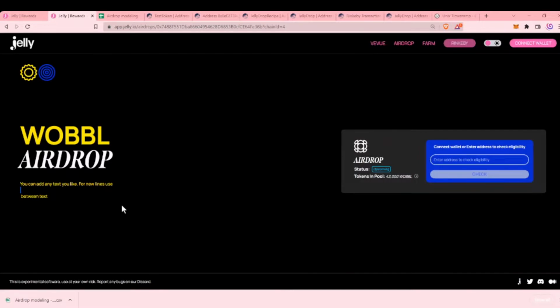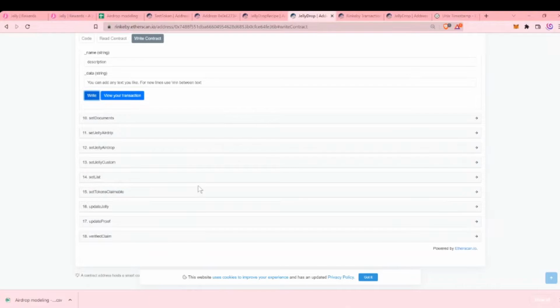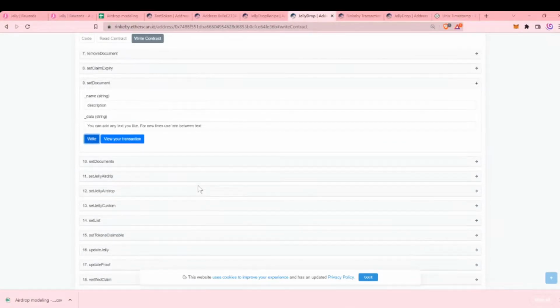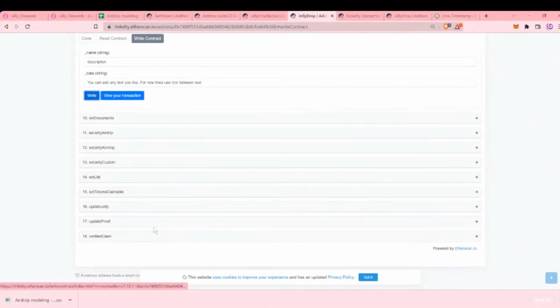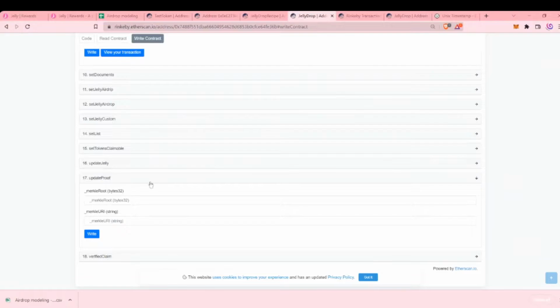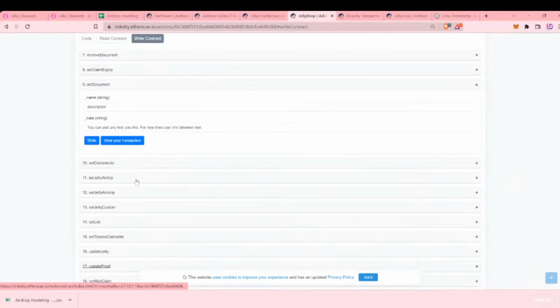The last thing that we can do with this particular airdrop, at some point, you'll want to actually unlock the airdrop. At the moment, the tokens are not yet unlocked. We can set the airdrop to be claimable. In the Jelly example, we updated the airdrop 3 times before it became claimable, up until our token launch. So you can go ahead and update the proof as you need. But at some point, we want to